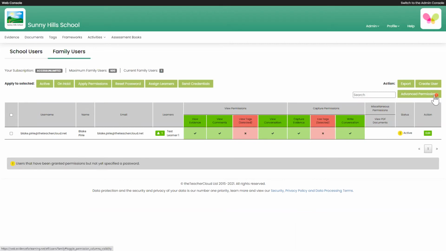I can always go back to advanced permissions to bring others through at a later date. And again, if I want all family members to be able to view any PDF documents that I choose to share, I click on it once and it would go red, and all family users would be able to do that. So just to recap on this screen of where we are at the moment,